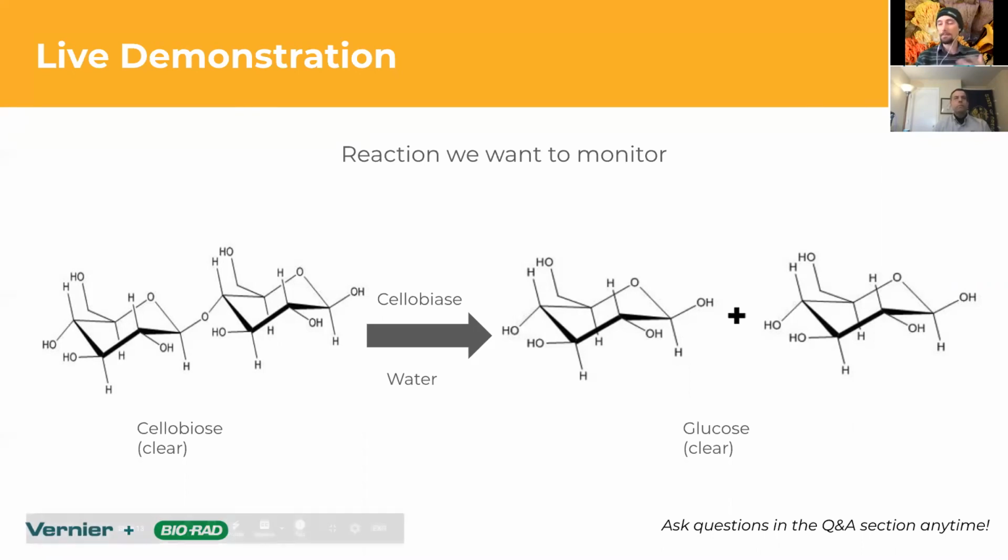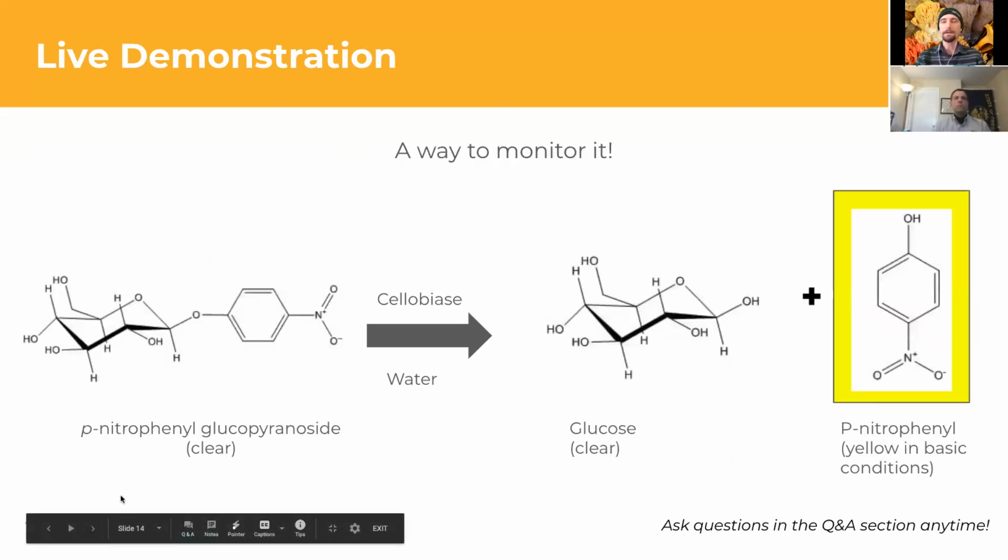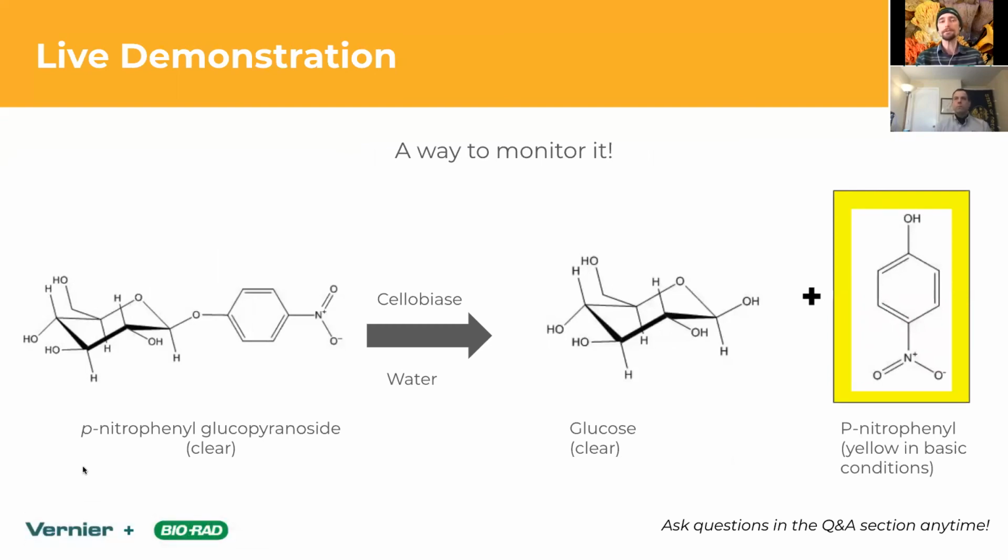And so one of the major developments that came out were chromogenic ways that we could monitor this reaction. So if you go to the next slide, the substrate that the Bio-Rad kit is going to use is one of the ones that was getting used in industry to do this. So instead of using cellulobiose, we're using an analog to it that is basically glucose bound to p-nitrophenol. And the beauty is these cellulobiase enzymes are basically promiscuous enough that they will accept this as their substrate. They'll grab that, they'll cleave it, and you'll get a molecule of glucose and a molecule of p-nitrophenol.